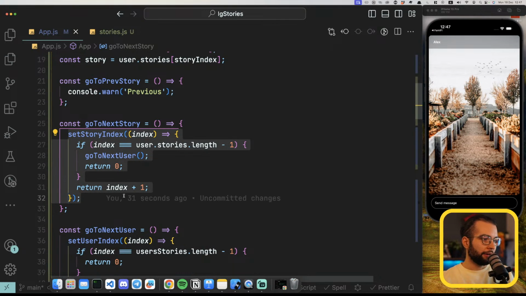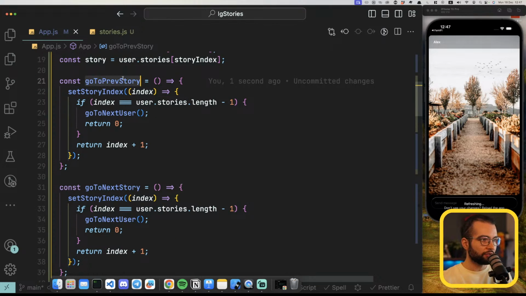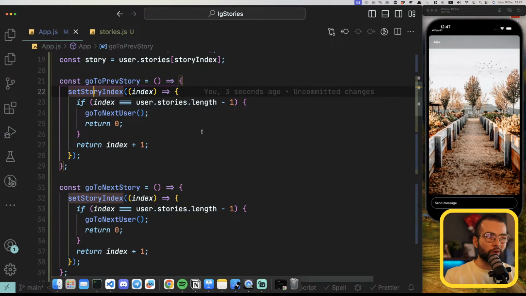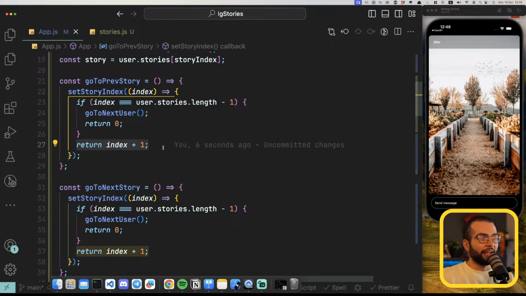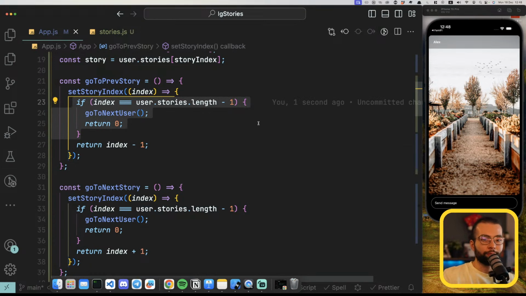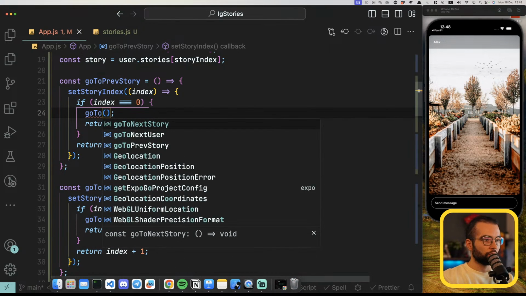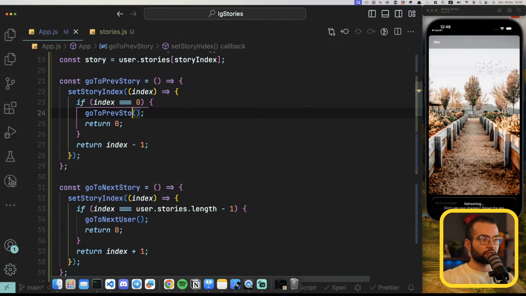I'm going to copy this function from next to previous, because what we will have to do is quite similar. At the end, we're not going to increase it by 1, but we're going to decrease it by 1. And our if statement should protect us from going below 0, because if we go to an index below 0, that will also trigger an error. So we should check if the current index is at the moment at 0. What we should actually do is go to previous user,